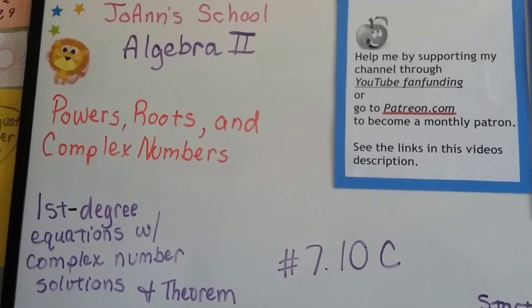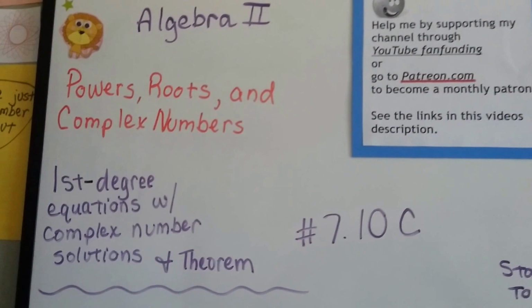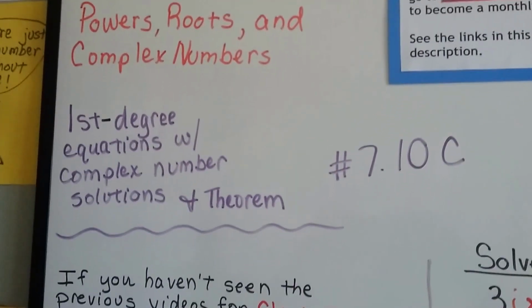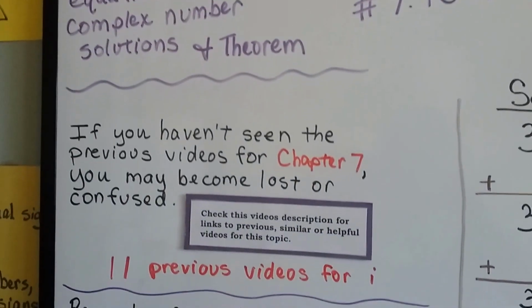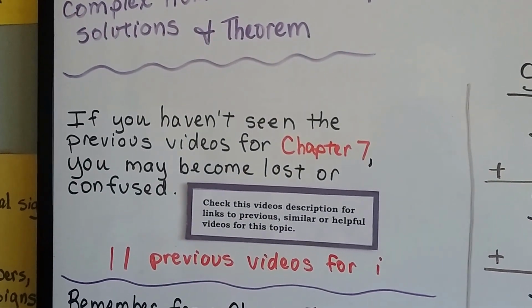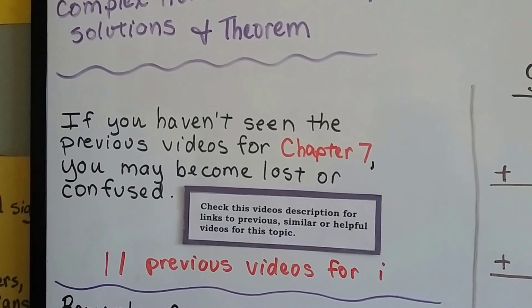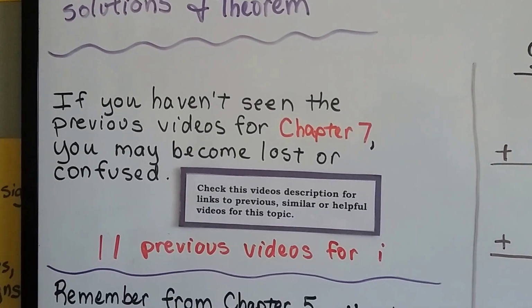Algebra II 7.10c, we're going to talk about first degree equations with complex numbers, solutions, and I've got a couple of theorems for you. So again, now we have 11 previous videos for complex numbers and imaginary i. If you haven't seen them or you become lost during this video, you can click on the description to watch